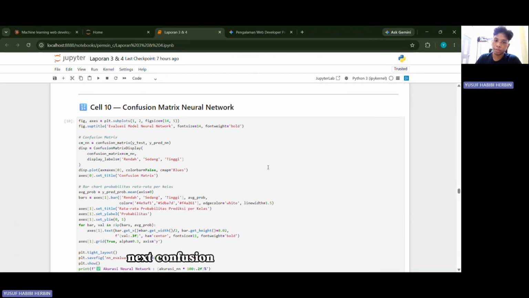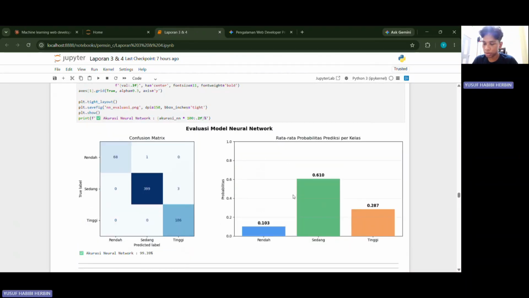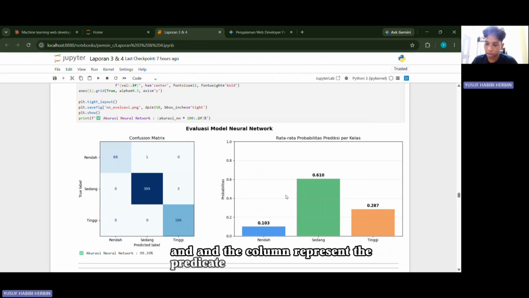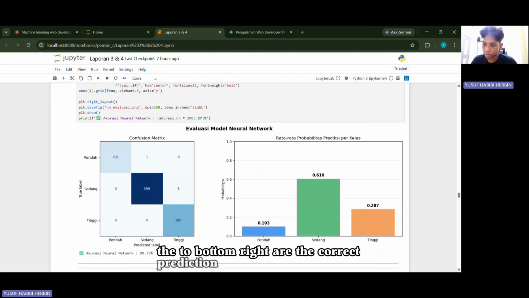Next, confusion matrix neural network. A confusion matrix is a table that shows the full picture of our model predictions. The rows represent the actual true class and the columns represent the predicted class. The numbers on the main diagonal, from top left to bottom right, are the correct predictions.